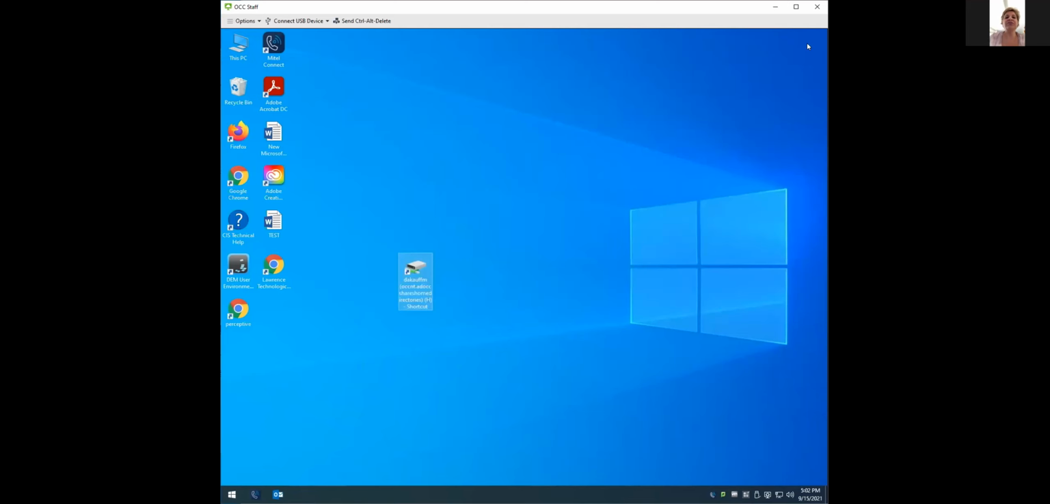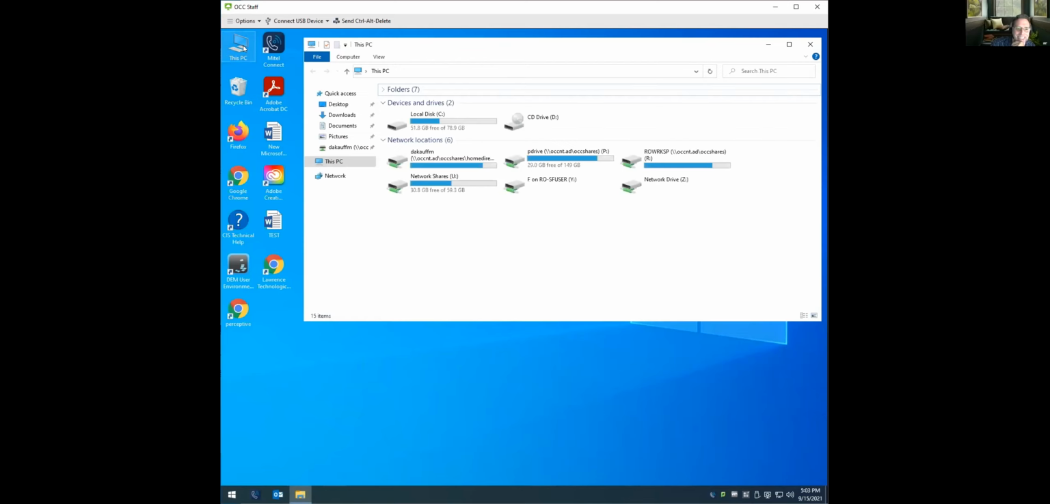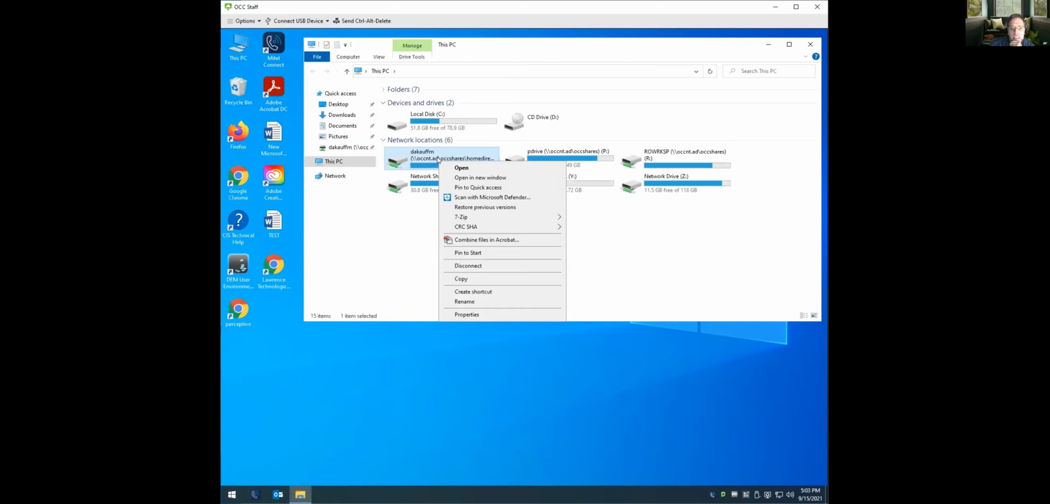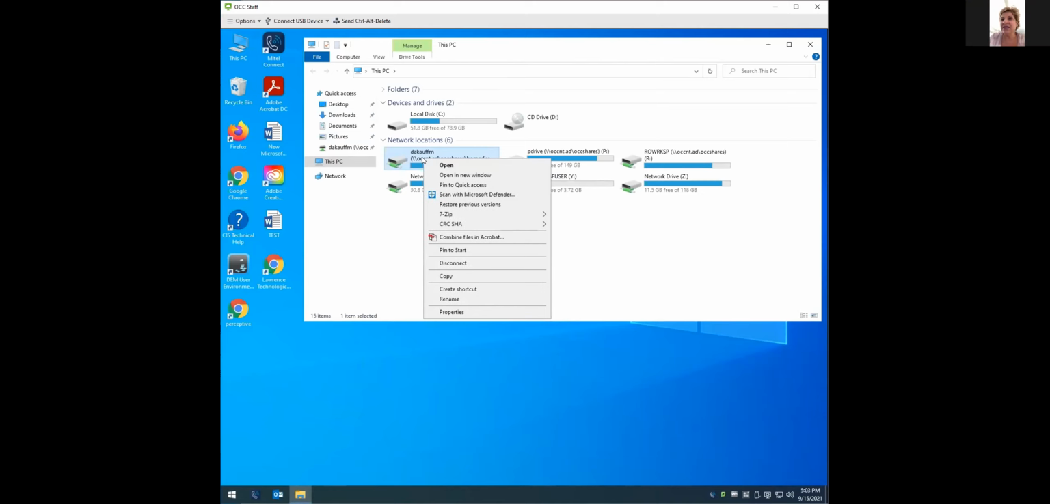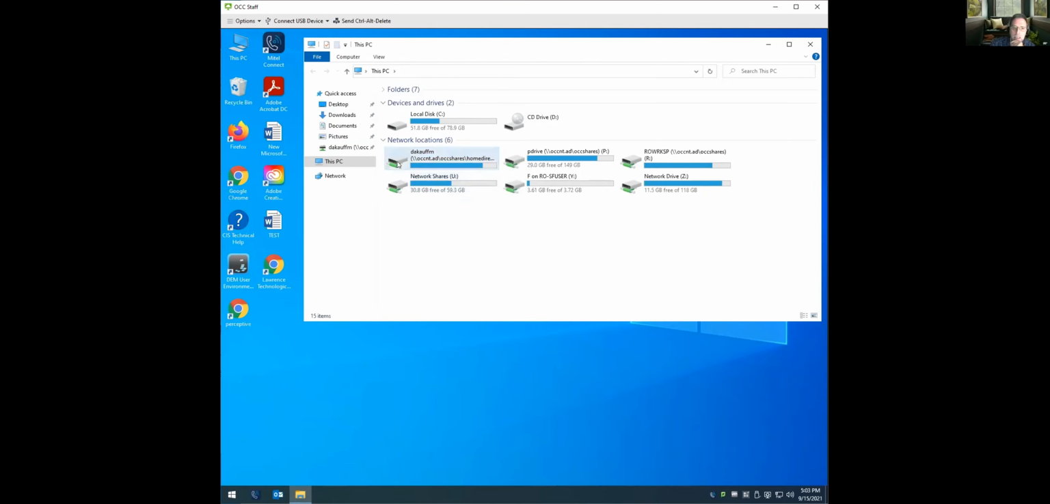So what did you do? I think you right clicked, and then I created a shortcut. I went pin to start. Wait, you right clicked? Yeah, right click, and then pin to quick access. Oh, yes, pin to quick access. Okay, and then to the left, you'll see,